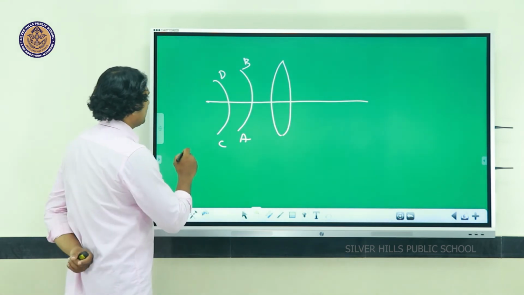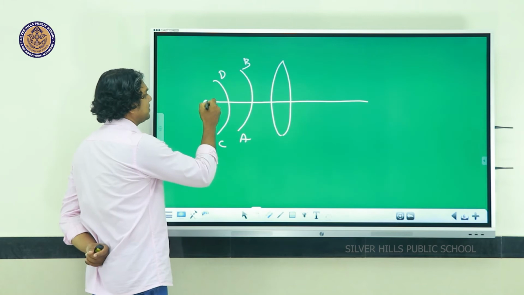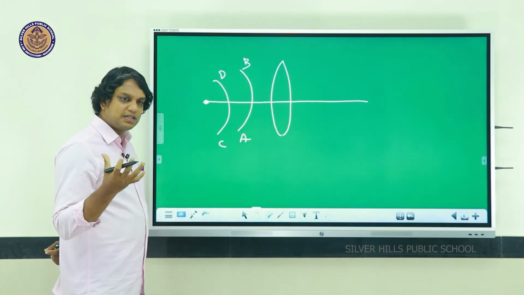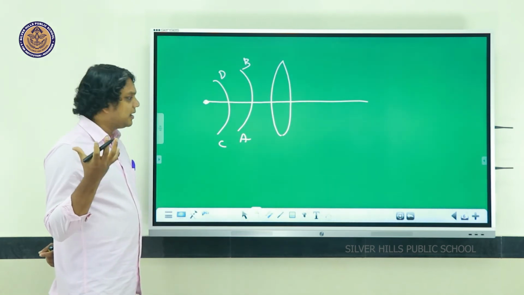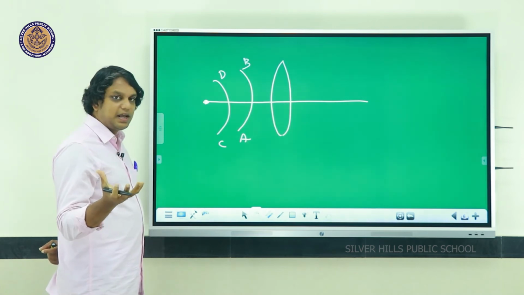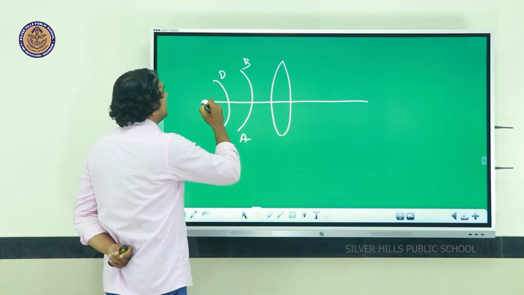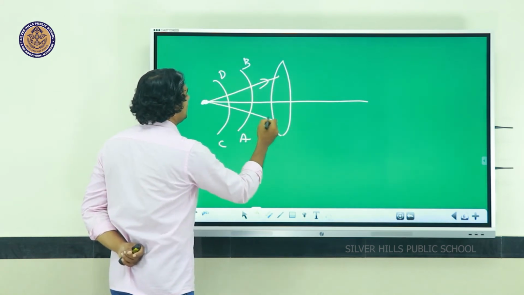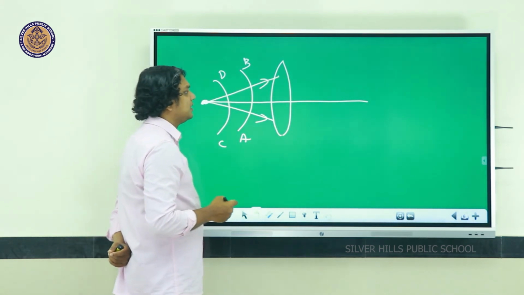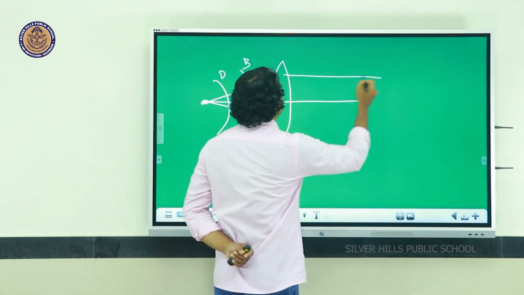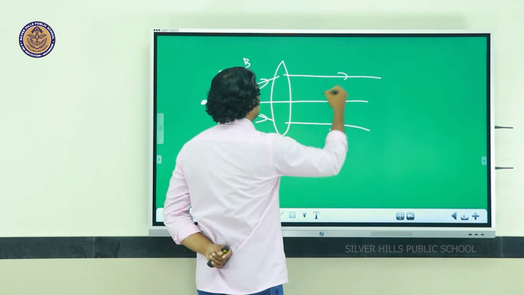So, if we want to correlate light rays and wavefronts, you can do that. If this is the point source, very near to that, then the rays will be sent parallel,